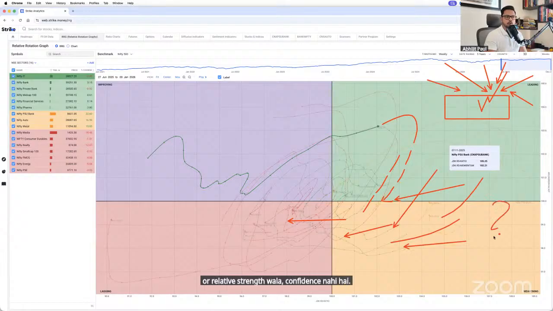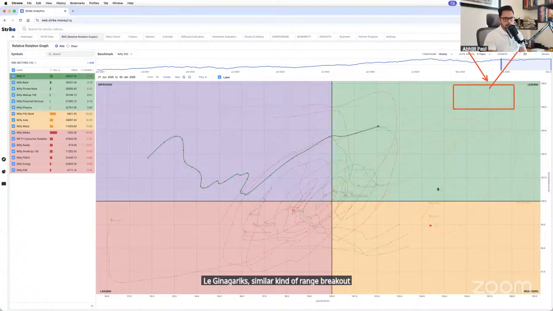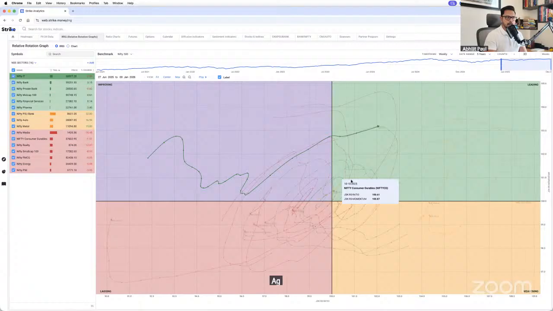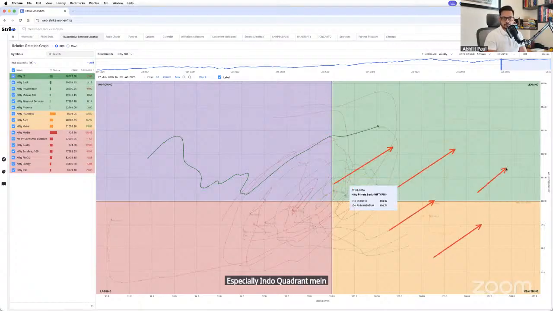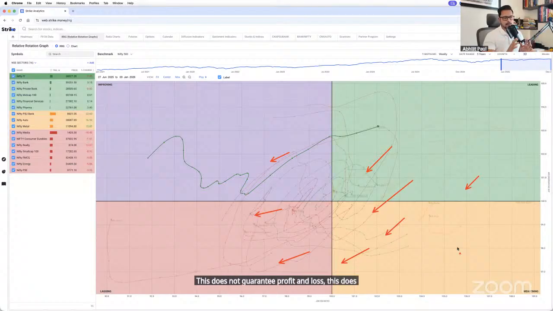कॉन्फिडेंस नहीं है। तो ट्रेडर के पास दो चीज़ है, उस ब्रेकआउट को छोड़ दे क्योंकि उसमें कॉन्फिडेंस नहीं है, या फिर उसको ले और आधा क्वांटिटी ले, 50% क्वांटिटी ले। लेकिन अगर एक सिमिलर काइंड ऑफ रेंज ब्रेकआउट आपको एक चार्ट पे दिख रहा है जिसका मोमेंटम ऐसे करके गुड लुकिंग आरआरजी है, तो फिर आपका कन्विक्शन होगा। तो एक ट्रेडर को डिसाइड ये करना है कि जब मैं ब्रेकआउट ट्रेड लेने वाला हूँ, तब मैं उस स्टॉक का, उस सेक्टर का जब आरआरजी चेक करूँगा, अगर मुझे आरआरजी ऐसे दिखा, स्पेशली इन दो क्वाड्रेंट में, तो मेरा कन्विक्शन लेवल हाई होगा। अगर ऐसे दिखा, तो मैं फिर भी ले सकता हूँ, आधा देख सकता हूँ। अगर मेरा आरआरजी वीक रहा तो मैं नहीं लूंगा। ये डिसीजन मेकिंग है। दिस डज नॉट गारंटी प्रॉफिट एंड लॉस, दिस डज नॉट गारंटी कि आपका सौदा सही जाएगा, गलत जाएगा।